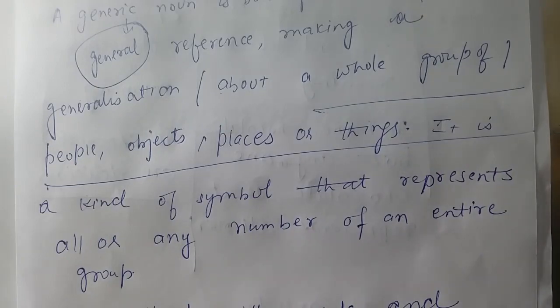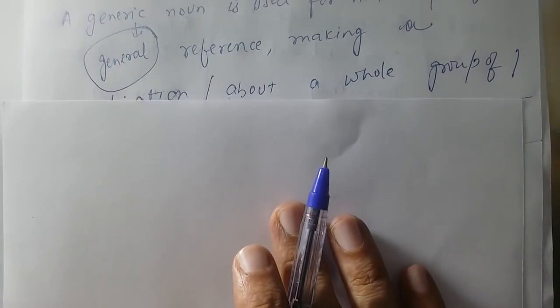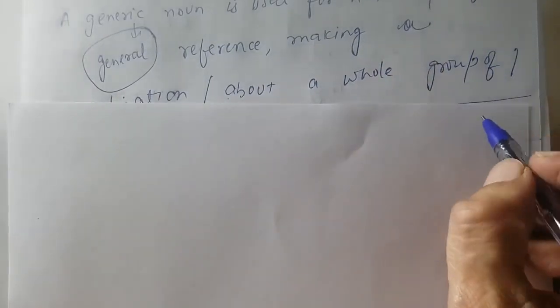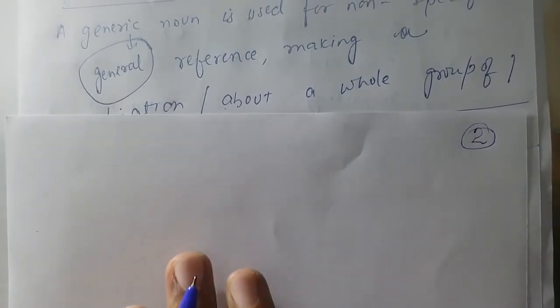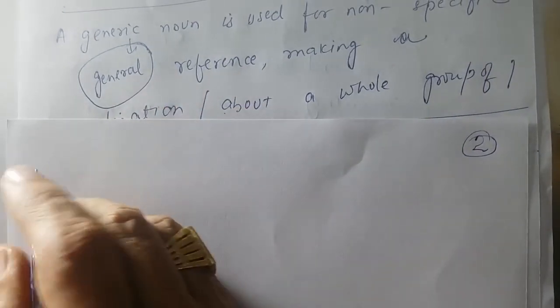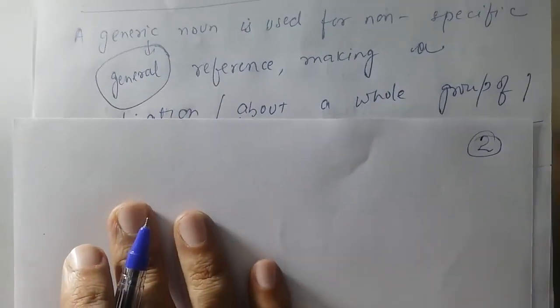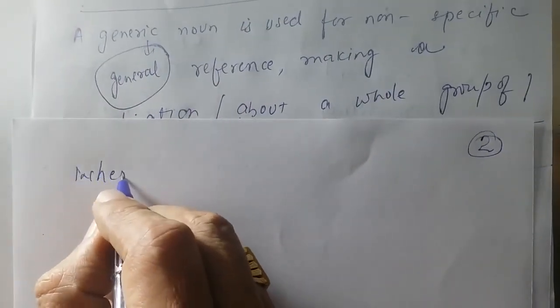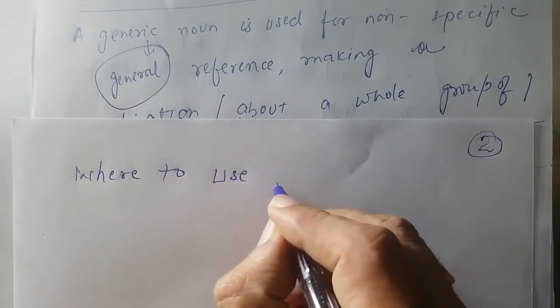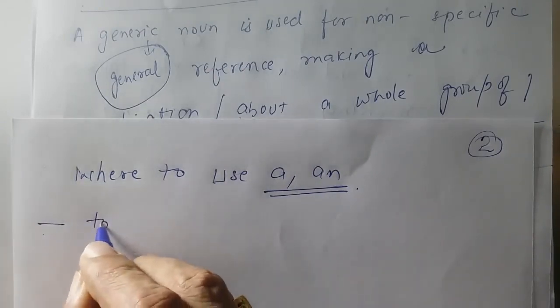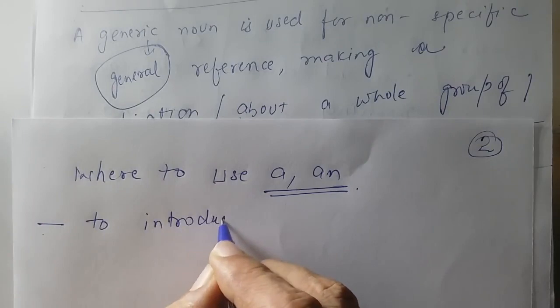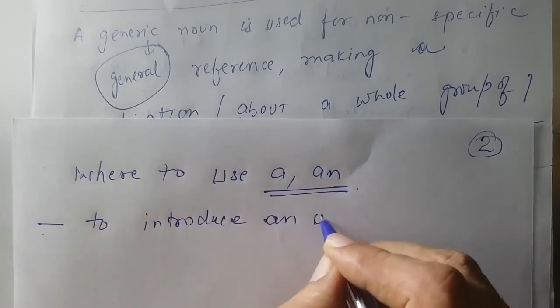Now next is page number 2, because these issues are a must to understand to get the band. Remember this one, okay? Where to use a and an, they are also known as indefinite articles. I already told this: to introduce an unknown person,